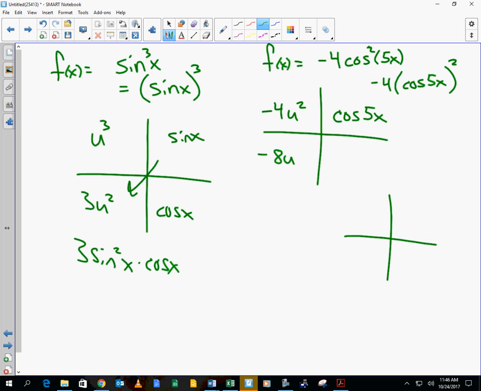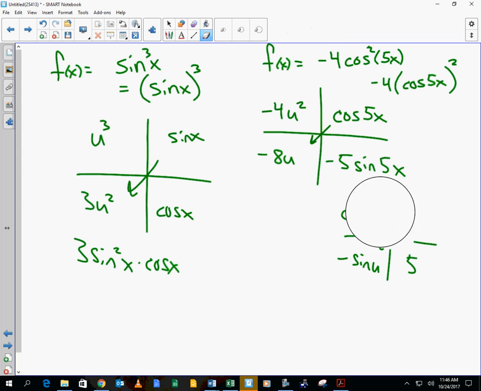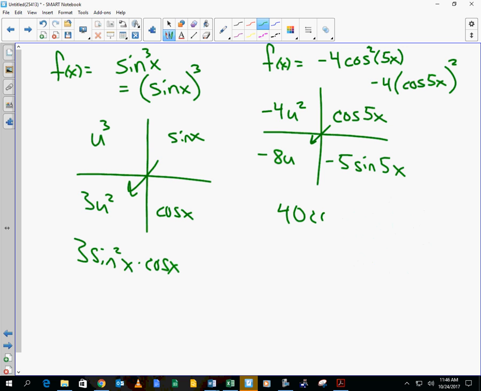What? Yeah, you got to do the chain rule again. What's the inside? What's the outside? What's the derivative of 5x, or cosine of u? What's the derivative of 5x? What's the derivative of cosine of u? Negative sine of u. So the derivative here is negative 5 sine of 5x. So now I've figured out that one. So now I can piece these together, and I've got 40 cosine of 5x times the sine of 5x is